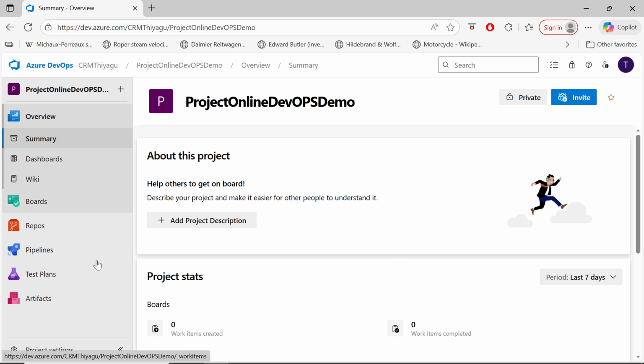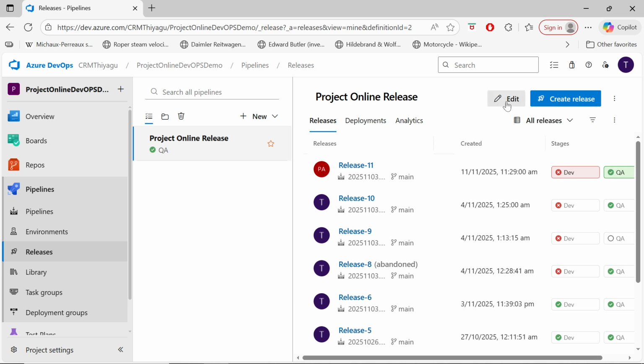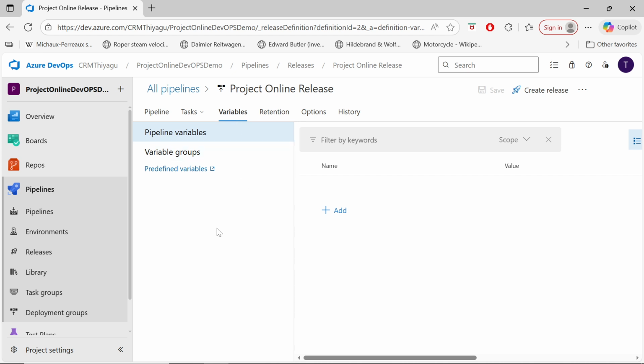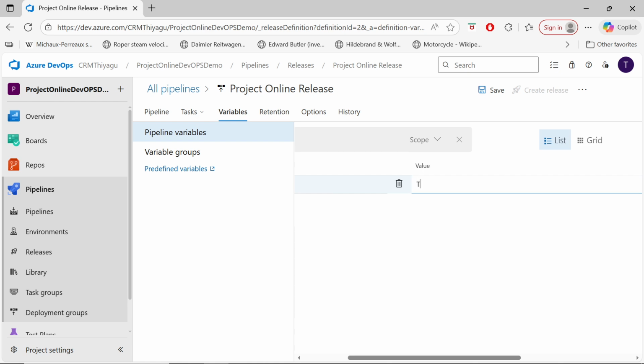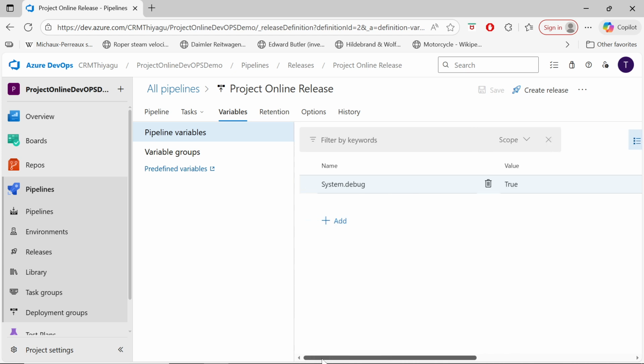All right, so let me go to Pipelines, Releases, and try to edit this. When I edit this, you can see there is a variable section here. Under the variable section, you can add a new variable called system.debug. This is similar to the one we used in the build pipeline. In the YAML you will use the variable system.debug equal to true, right? The same variable you can use in the release pipeline as well. Once I save this,